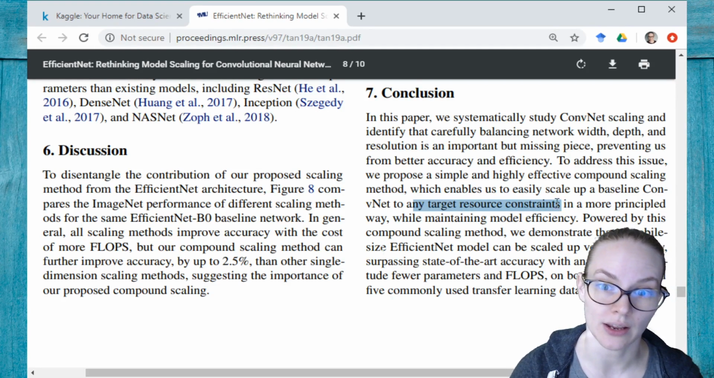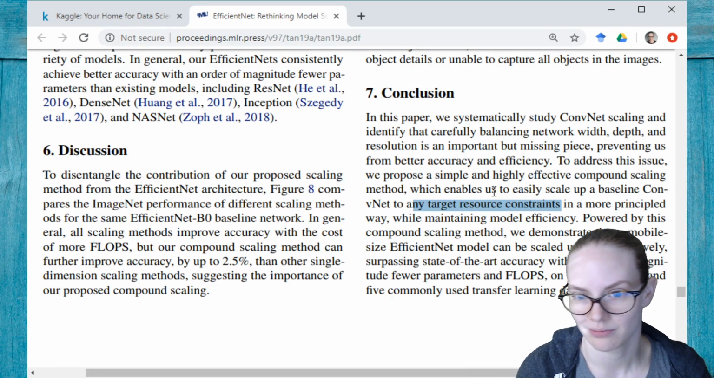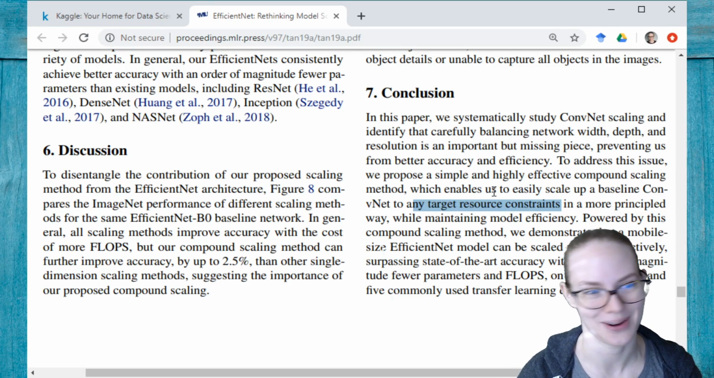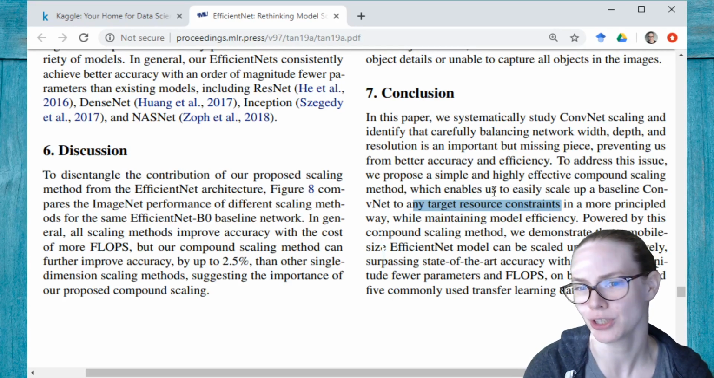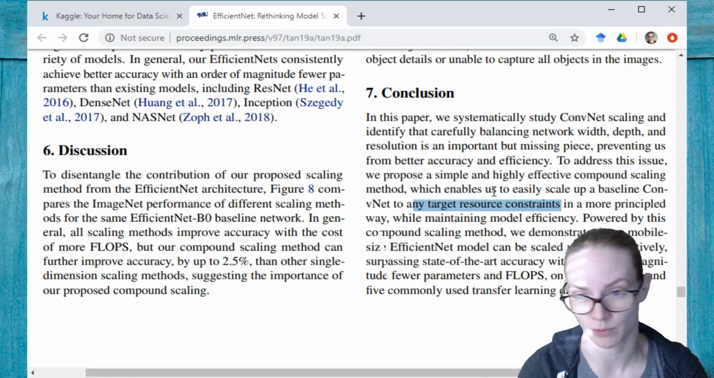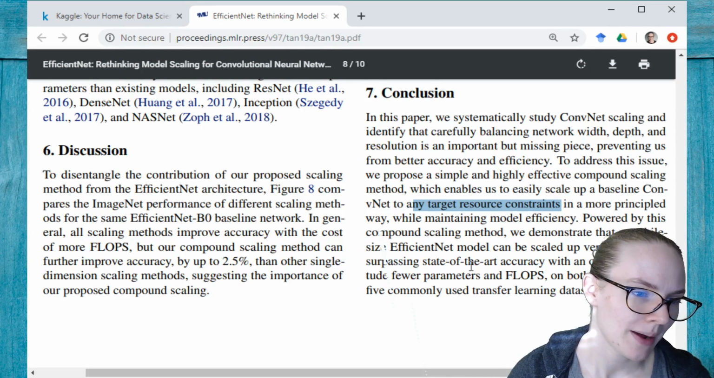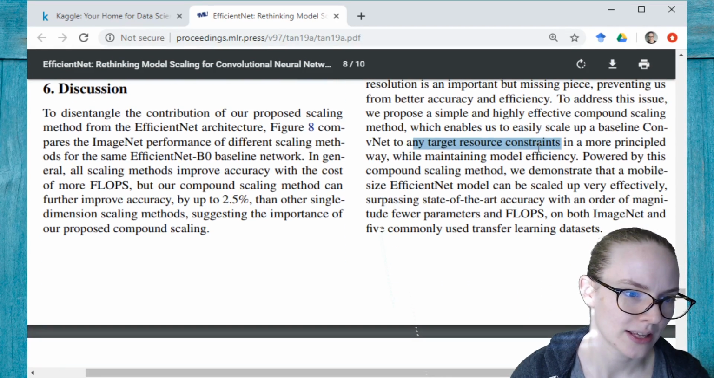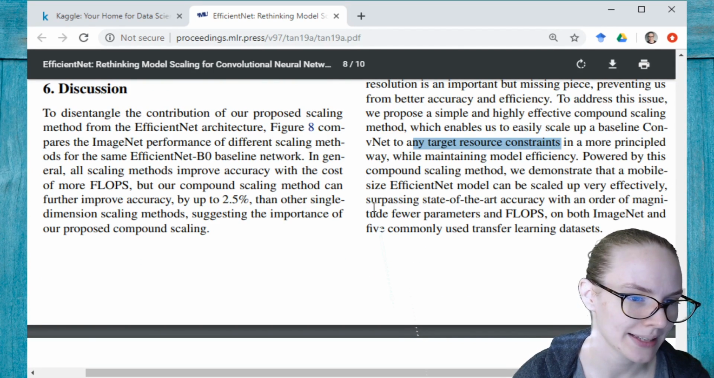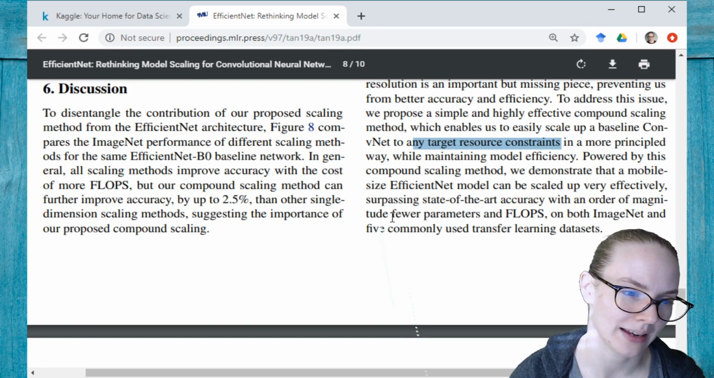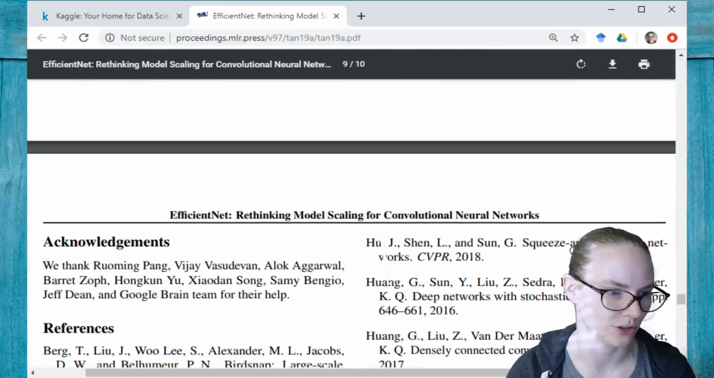So remember that constraint is one that you pick, and you would pick that based on how much time, money, data you have. Of course, you can't also just make pictures greater resolution, so you might also be constrained by the resolution of your pictures. Powered by this compound scaling method, we demonstrate that a mobile-size EfficientNet model can be scaled up very effectively, surpassing state-of-the-art accuracy with an order of magnitude fewer parameters and flops on both ImageNet and 5 commonly used transfer learning